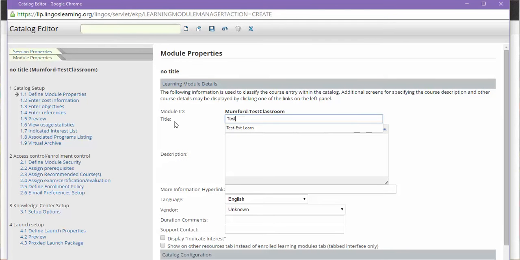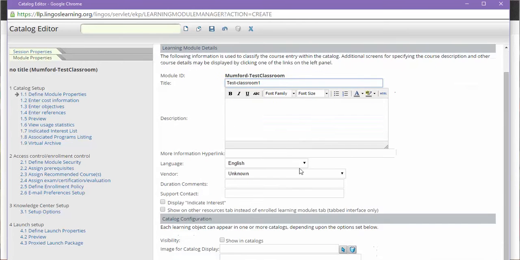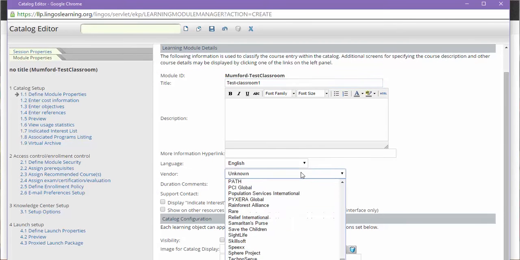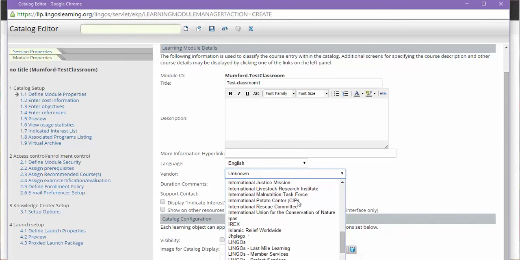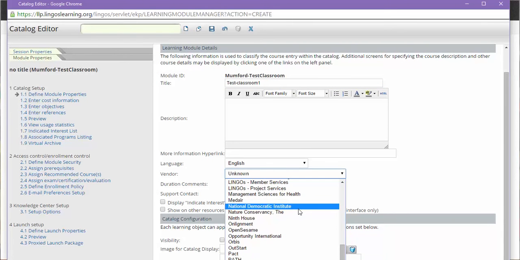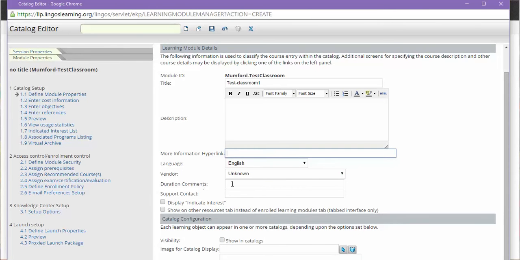You can then add in the standard details that you want, so title, description. I'm going to put Test Classroom 1, vendor. Here there's a list of organisations including your own, so please do select your organisation and where that needs to go there. You'll then have duration, so this classroom is 1 hour,